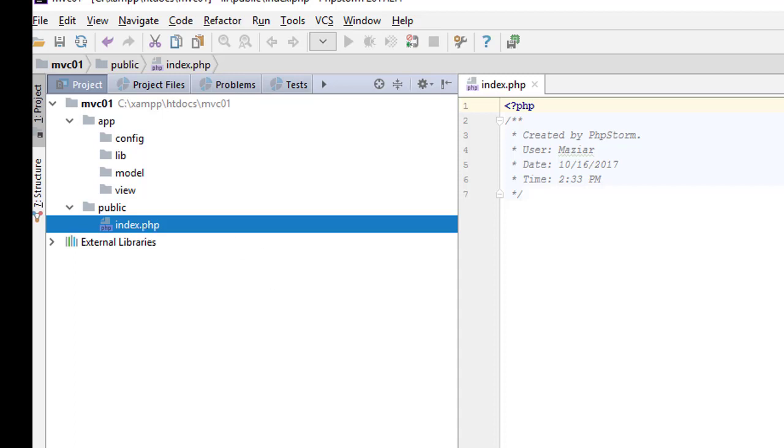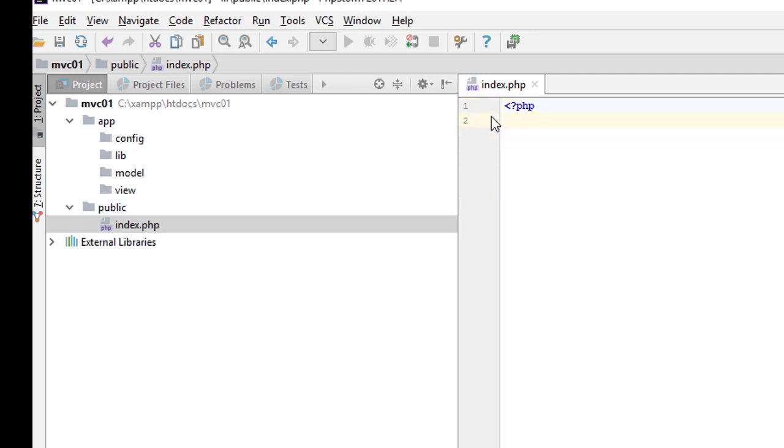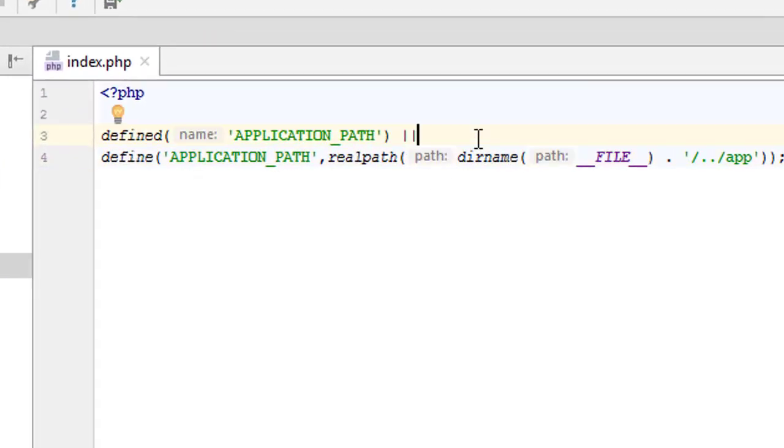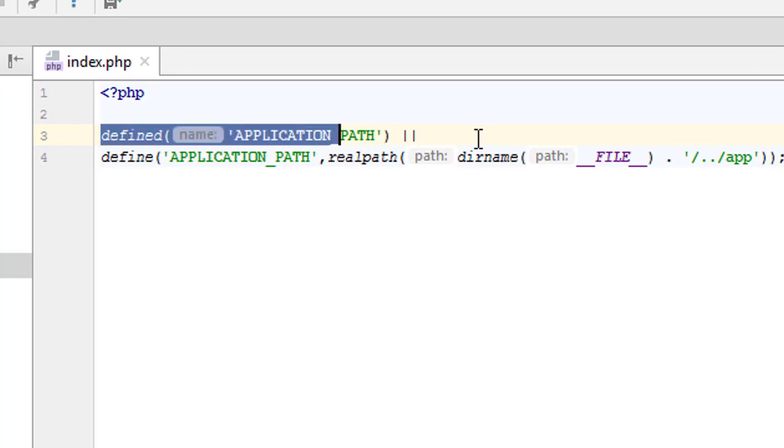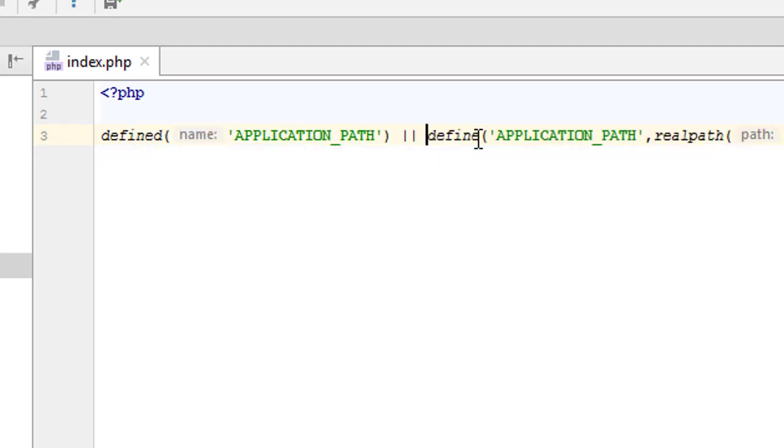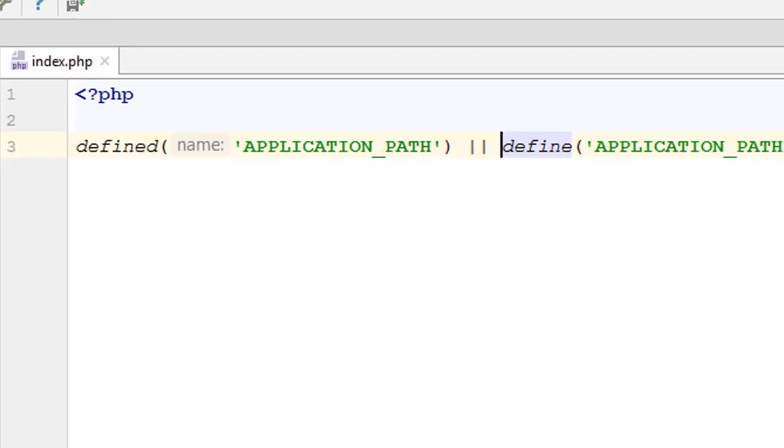So if I go to this file, there are a few things I have to take care of first. The very first thing is I have to figure out, since remember this index.php is in the public folder, and our application is outside the public folder, I have to create certain paths that allow me to access the application folder. For that reason, I'm going to use defined, if it is defined, application path. So I'm just creating a constant that checks if such a constant is created or not. If it's not created, as you can see where it says or, I simply go ahead